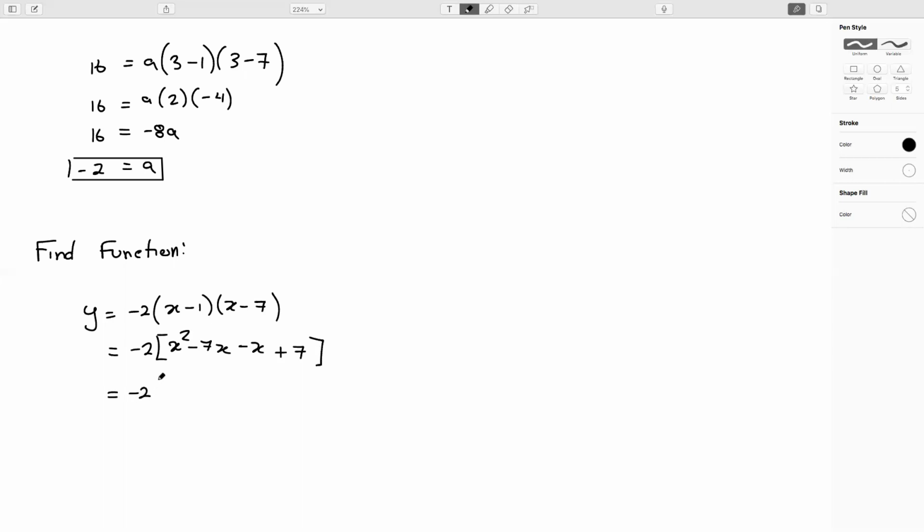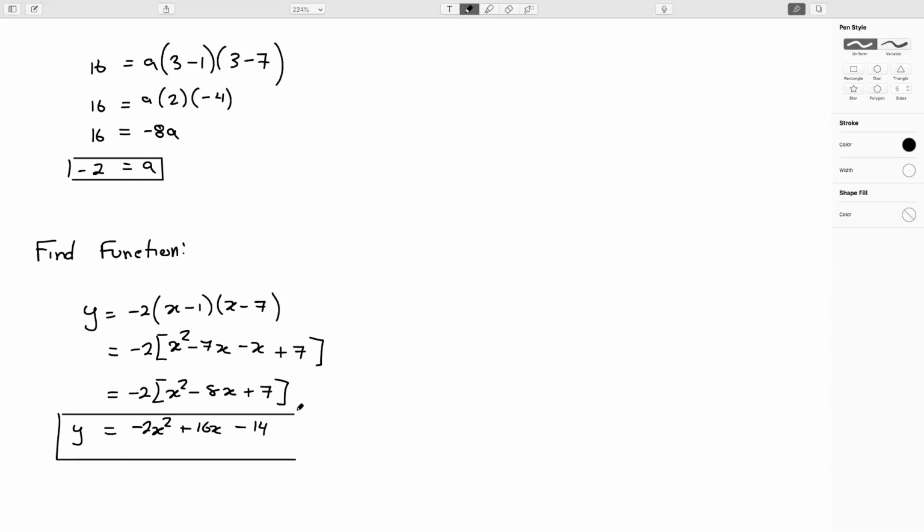So this equals -2 times (x squared minus 8x plus 7), and it will equal minus 2x squared plus 16x minus 14. There we go. This function is the function that we described, and all we needed were the x-intercepts and one